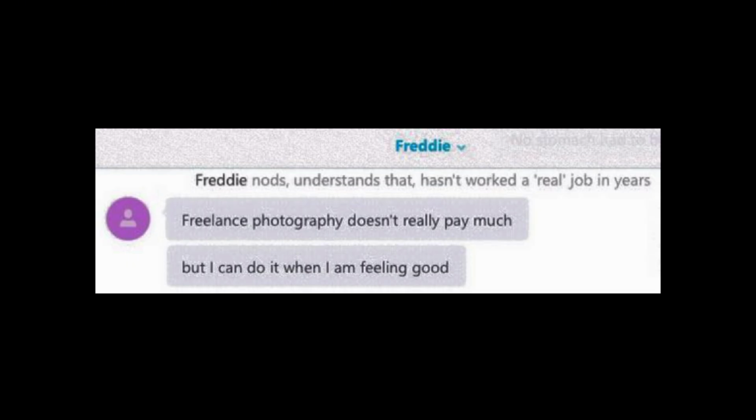Here's another example, once again, of her putting actions like she's role-playing into the Skype chat, where it says, "Freddie nods, understands that, hasn't worked a quote-unquote real job in years." And she says, "Freelance photography doesn't pay much, but I can do it when I'm feeling good." Now, I never believed that she did any photography that was worth selling to anybody. And I would think that if she was doing freelance photography, there would be some evidence of this, like a credit under her name